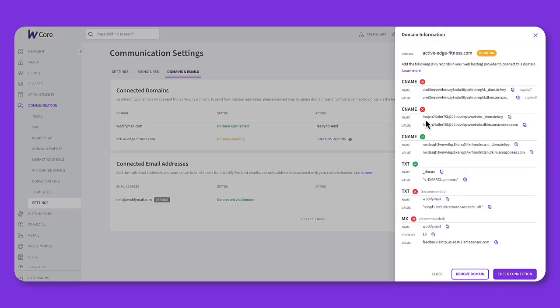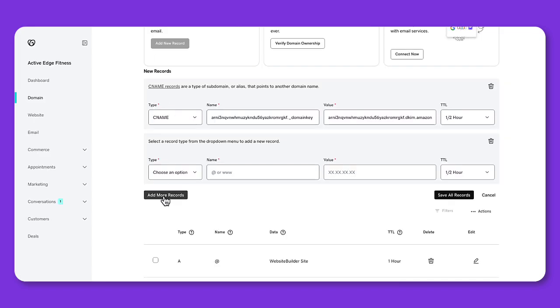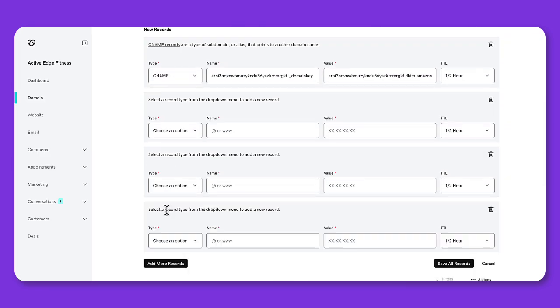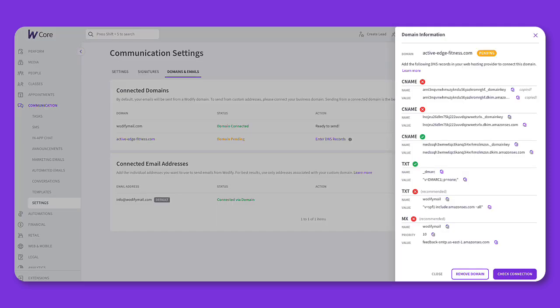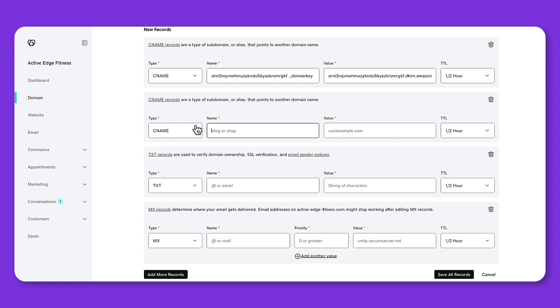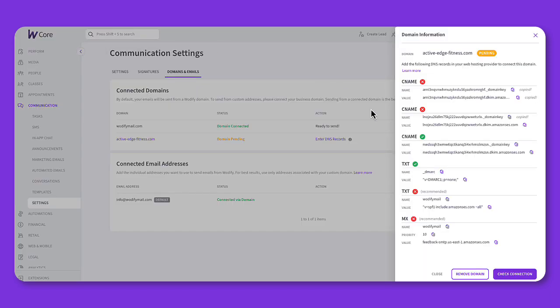So we've got another CNAME, a text record, and an MX record. I'm going to go ahead and make it so that I have all of those queued up. And now I'm just going to continue to copy those over. So the name for my CNAME, the value,